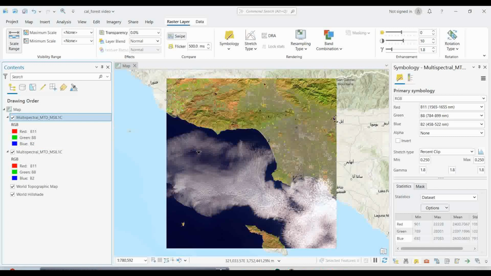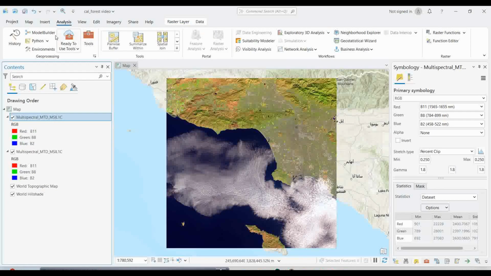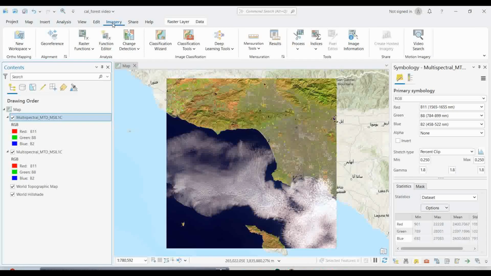Okay, so that's what we are going to show you now. For this kind of analysis we need to go to the analysis tab, and here we have the analysis tools. But here we will go for a certain tool, like in imagery we have, that is called